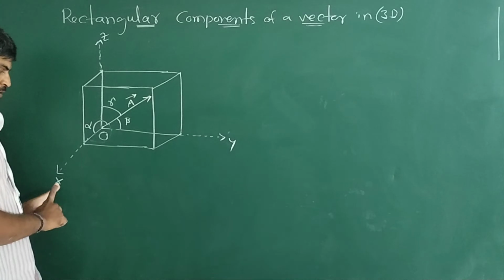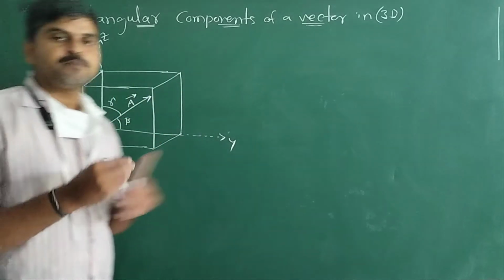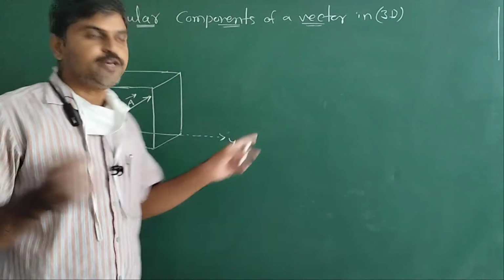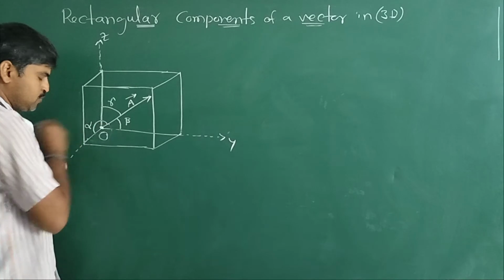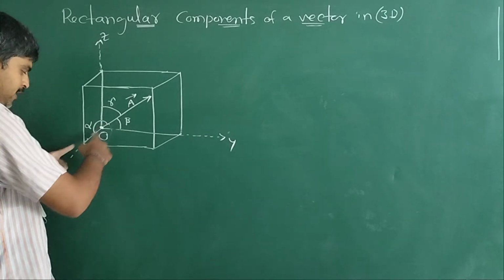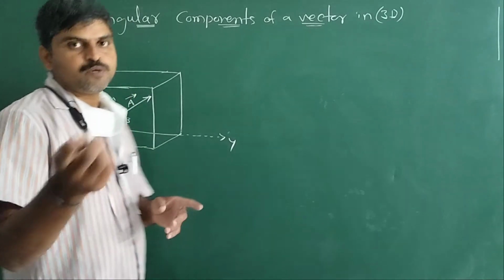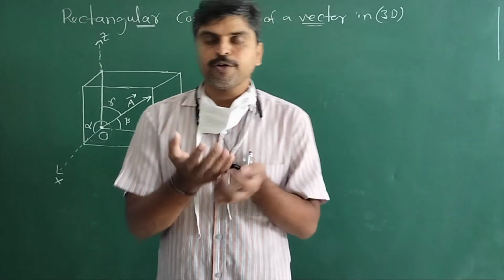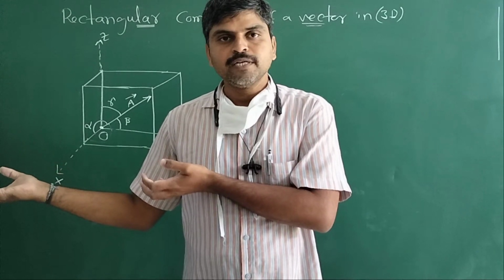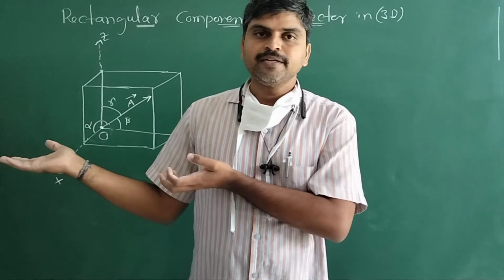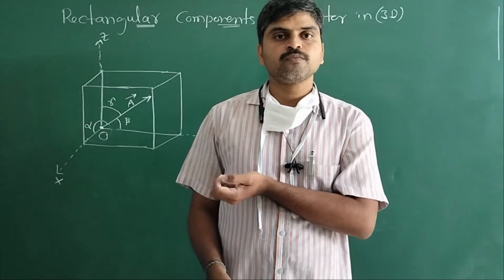So here, this is one room. It is a three-dimensional space. This is one room, for suppose. Now this is one corner, and this is the x-axis, y-axis, z-axis. You observe, take your room. In one corner, you observe what are the axes. How many axes are there? This is x, for suppose, this is y, and this is the z-axis.